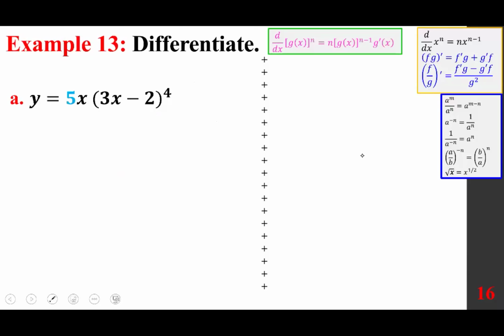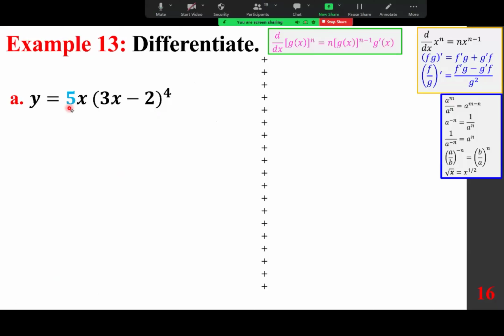We're going to differentiate. And as I mentioned during the lecture, because 5 is a simple number, you can keep it as part of x. But if it gets involved, that means it's extremely large, or it's a fraction, or it's a decimal, then you put brackets and you keep it out. And I'll show you that one also. But just the way it is, we are going to go with